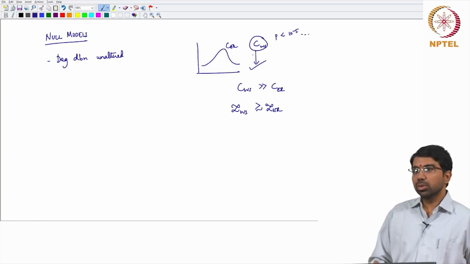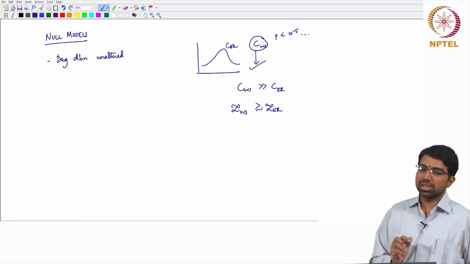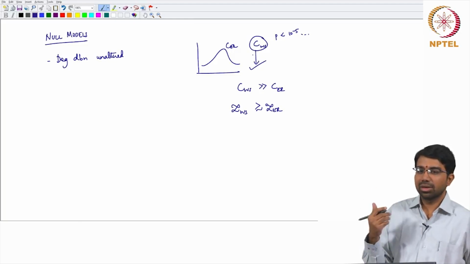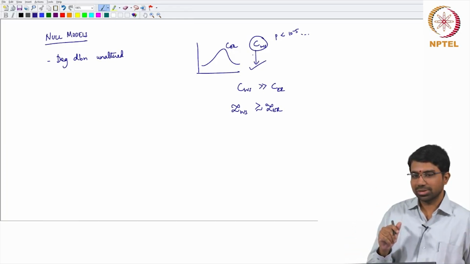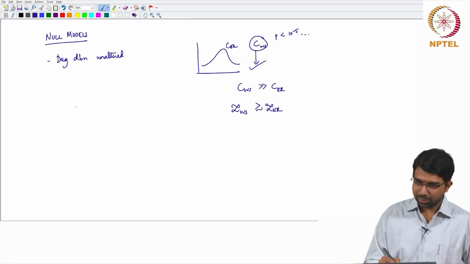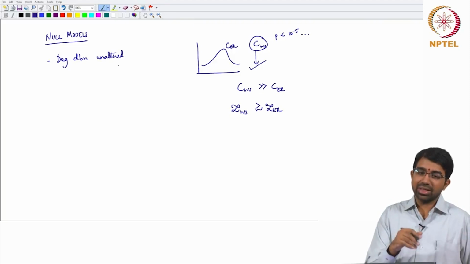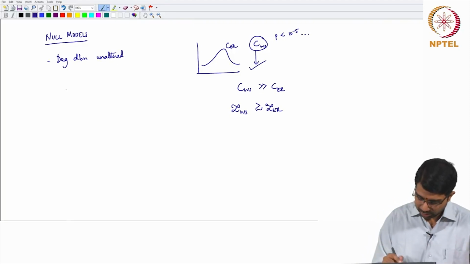So, how would you create a new network that has the same degree distribution as the original network? You can actually resort to some sort of rewiring like your Watt-Strogatz. Watt-Strogatz was removing a particular node here and connecting it. So, in fact that is not the idea, the idea is rewiring, right. So, let us say